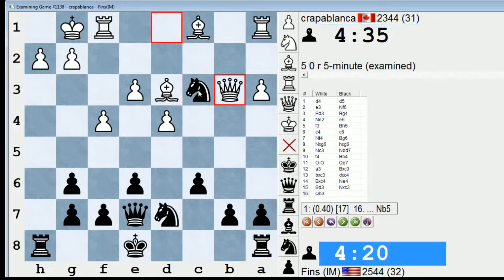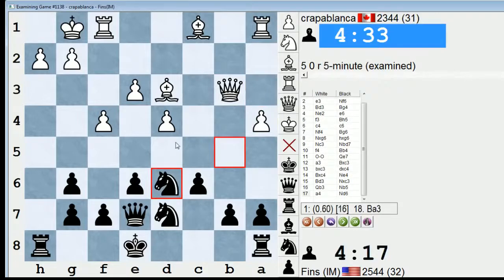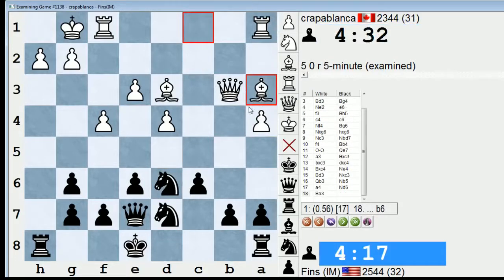Maybe it's the lesser of two evils, though. Knight b5, a4, knight d6. Oh, this looks highly unpleasant, though. I'm down a pawn, I'm pinned. Still better than the game, probably, but...